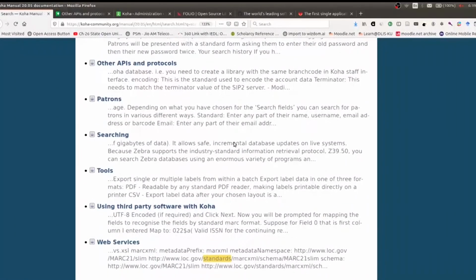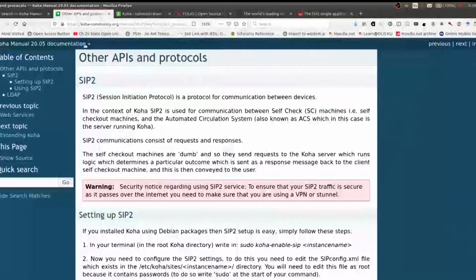So, everywhere you search, you will find some kind of open standards available, particularly in the case of web services, OAI-PMH, ILS-DI, REST APIs, all are now supported by Koha. If you go again to the Koha manual and search for other APIs and protocols supported by Koha, these are SIP2, that is, when you are going to make your circulation process RFID compatible.